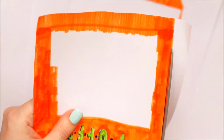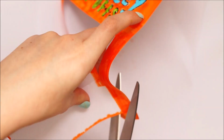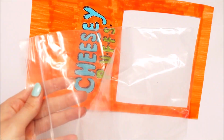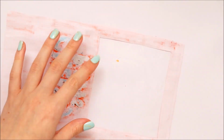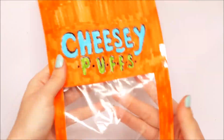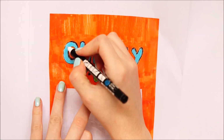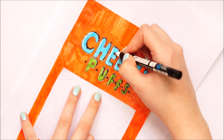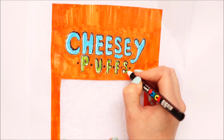So what I then did was cut out this shape to make it nice and neat, and then I went ahead and made a slit in that rectangle bit that I wanted to cut out and just cut out a rectangle. I then took one of those clear resealable bags and I just cut out a square of this and just stuck it to the back so that it was all sealed and that square had a transparent film over. What I then did was tape this whole thing down to another white piece of paper,